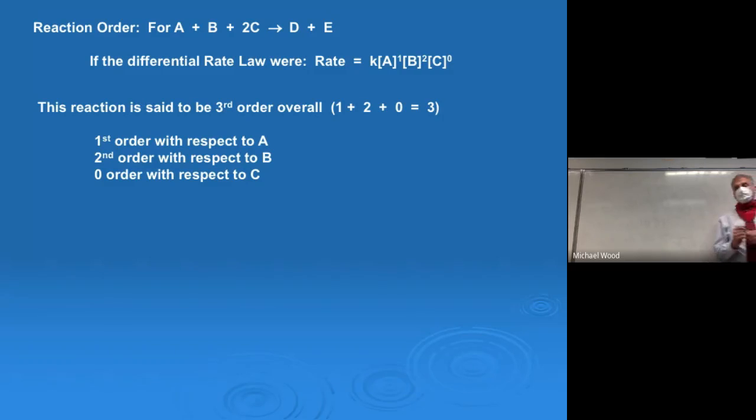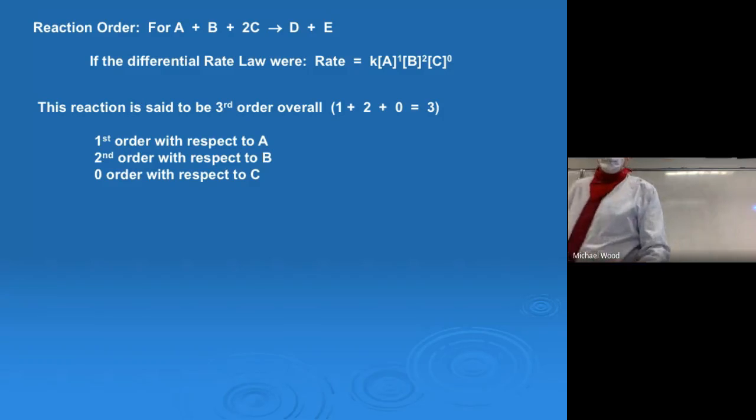Okay, so I'm going to add some stuff here. I'm just going to write some stuff on the board. So what order means? Okay, we're going to go over 0 order, first order, second order, third order, and that's going to be it for today. Okay, so if something is 0 order,